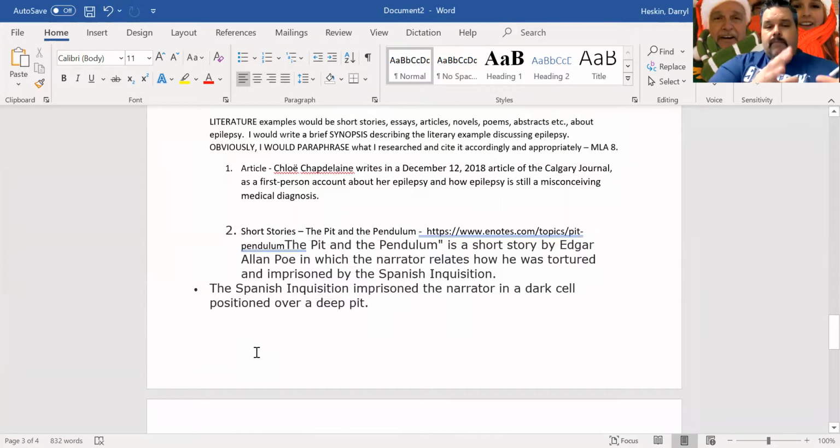I've just taken snapshots of these examples just to show you what it could look like. But obviously, when I formalize it, I would not be presenting it in this fashion, because I have not presented it as a direct quote, or I haven't followed the procedures when it comes to borrowing. So you want to be sure you are paraphrasing, you're putting in your own words and going from there.